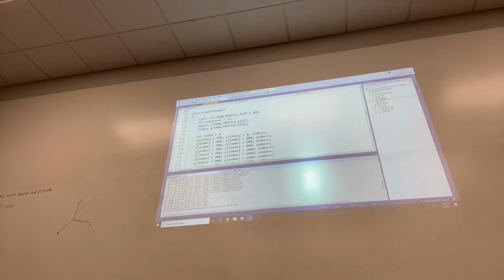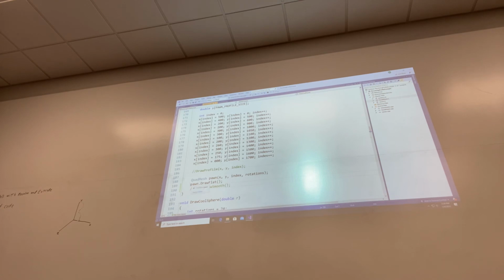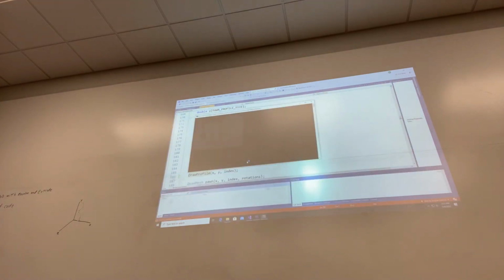And then if you just want to draw the profile of the pawn, I don't know if you can see that. Can you see that little line right there? So that's the profile of the pawn. And again, to kind of get an idea of taking that and just rotating it up a few times,